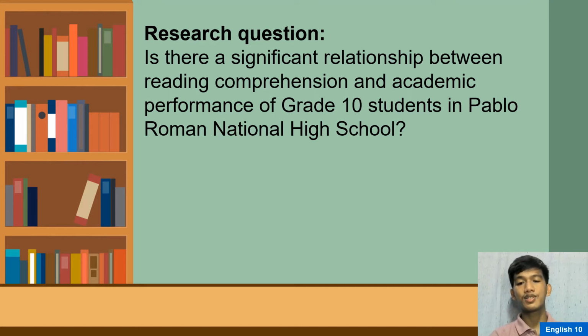Here in this research question, the problem is we want to know whether there is a correlation or a relationship between the two variables, which are reading comprehension and academic performance of grade 10 students in Pablo Roman National High School. We want to know if their scores in examinations, in tests, and even their grades, we want to know whether those factors that define their academic performance are being affected by their skills in reading